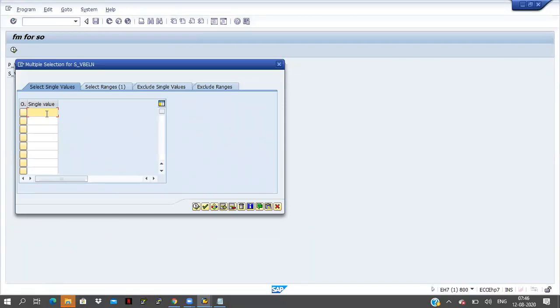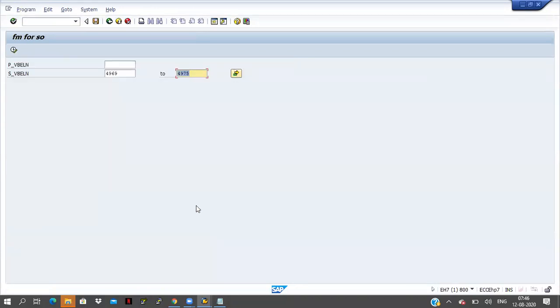And here 4977. First of all I am giving one range, and after that a single value. Click on the execute button. You can see here something green color, so inside that one 4969 to 4975 is a range, and behind that some more values are there. Click on the F8 button.